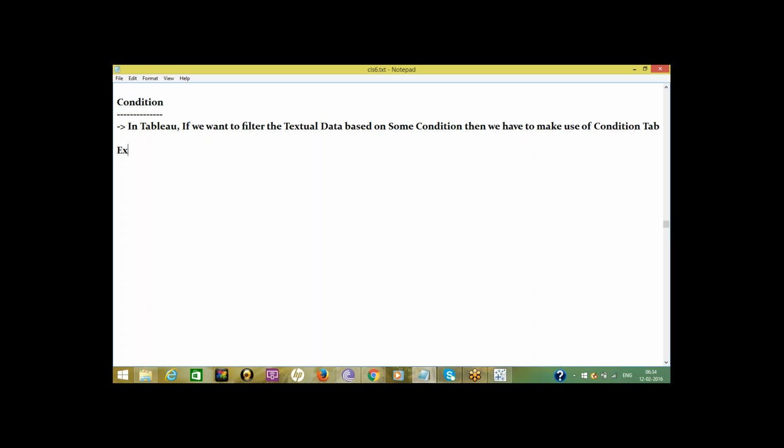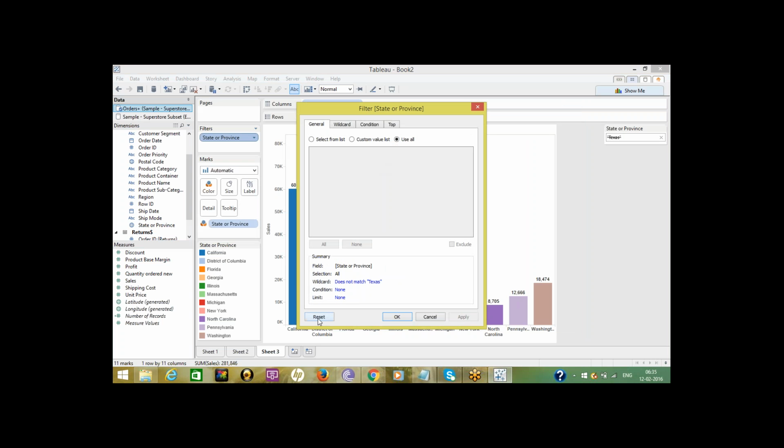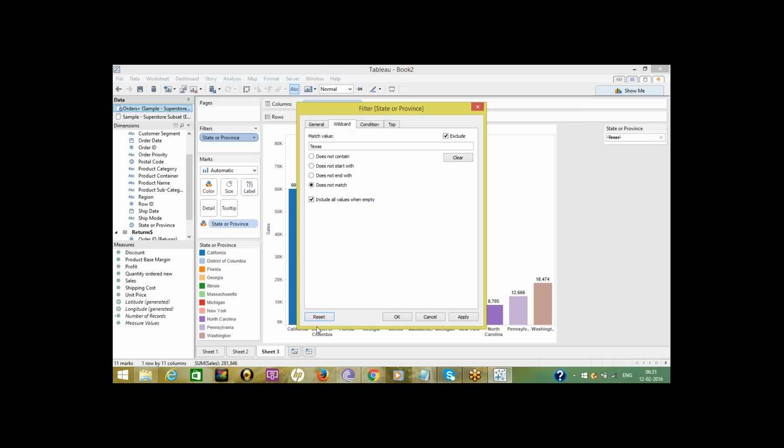For example, display the state-wise sales whose sales are greater than 50,000. Reset.